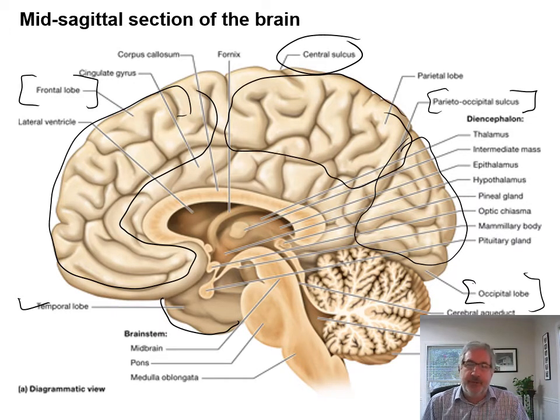lobe all through there. And then there's a whole bunch of other features that we're going to talk about in the brain. So we have a whole bunch of structures in here that we're going to learn the names of, all these structures that are all listed around the outside. So don't get too worried. But so we talked about the cerebrum,